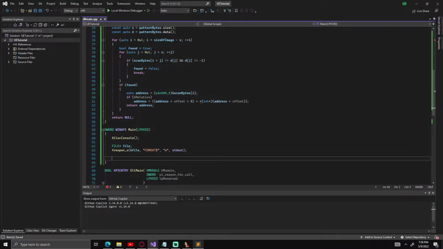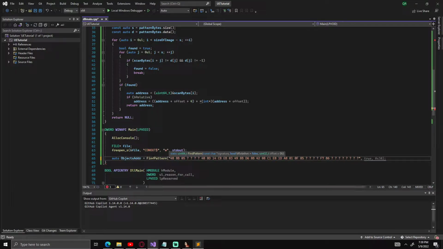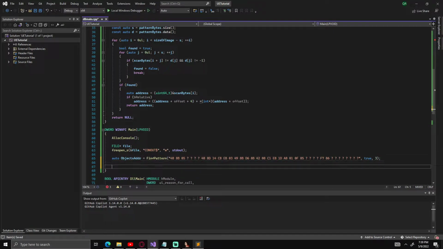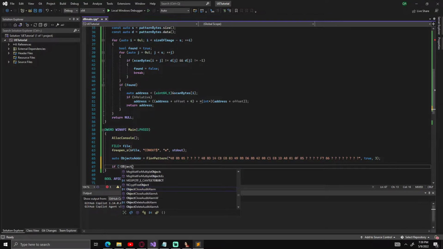So let's make a thing called like objects address equals FindPattern, and then the pattern. Make sure there's no space at the end. True, and then we said 3. And we're gonna check this pattern. If there's no objects,